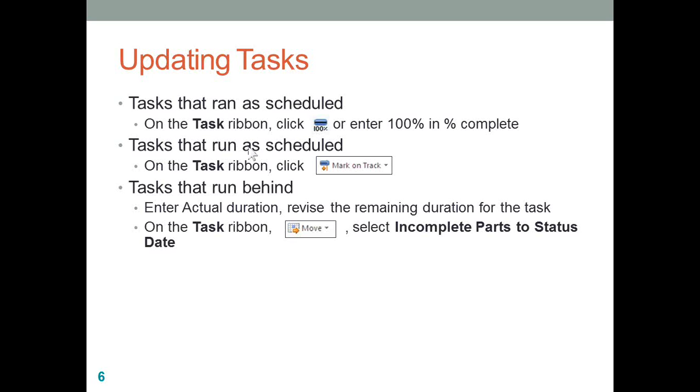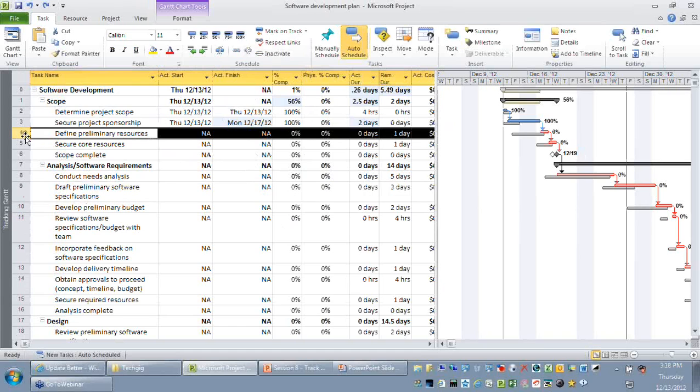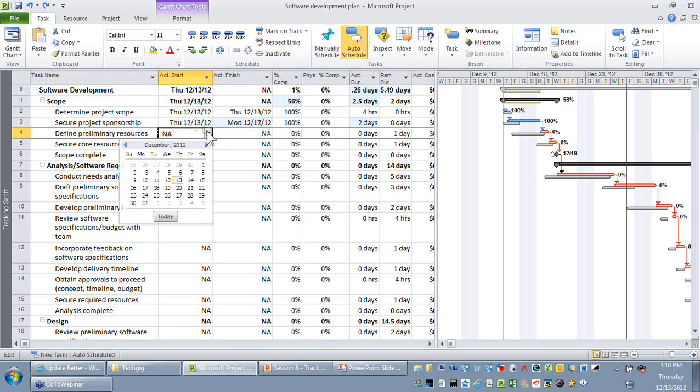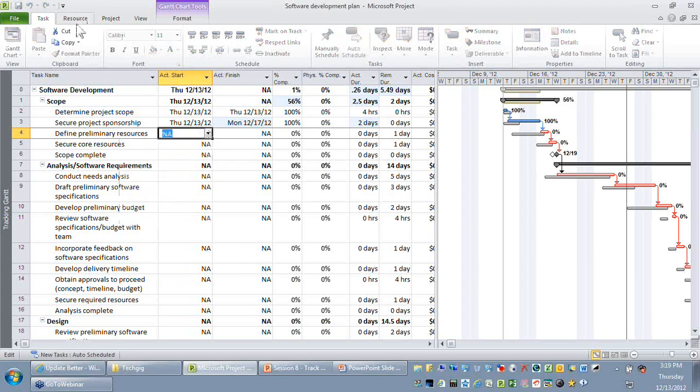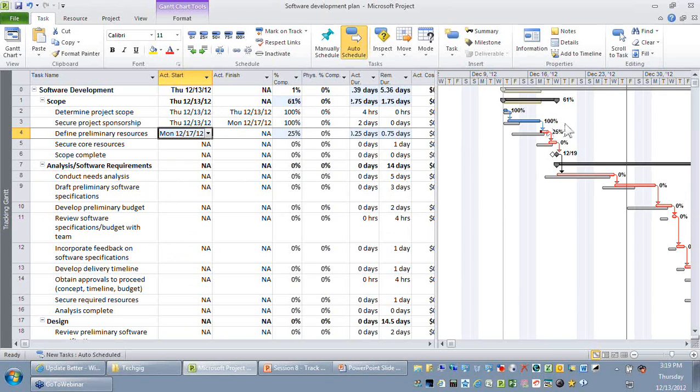So let me go back to my example, and let's say that we have an activity called define the preliminary resources. I'm saying that this activity started on time, and let me say this activity started on December 17th, okay? And I'm just going to say that only 25% of the work is completed, which means the remaining 75% of the work should be moved on or after the status date.